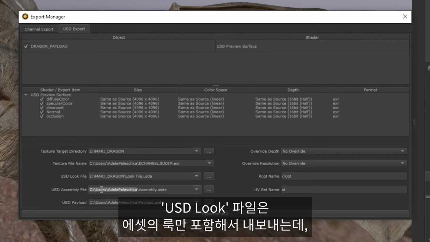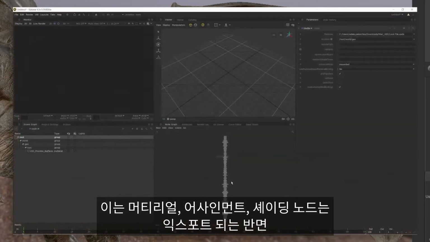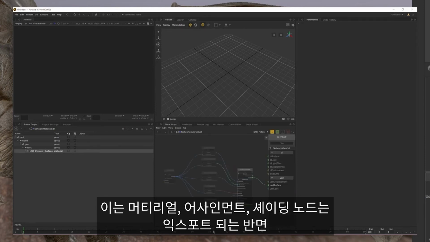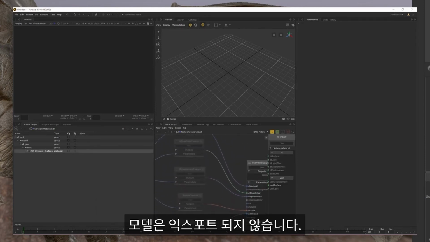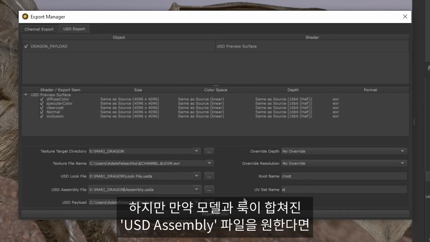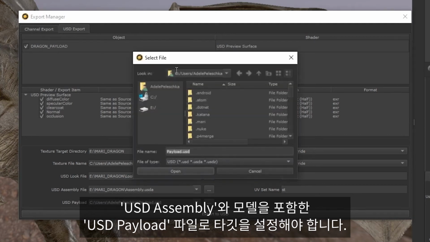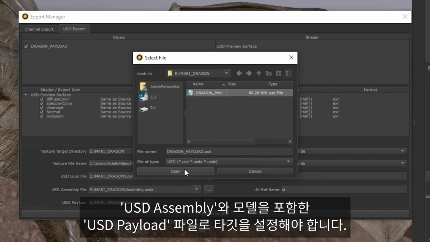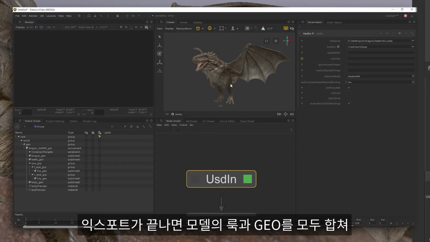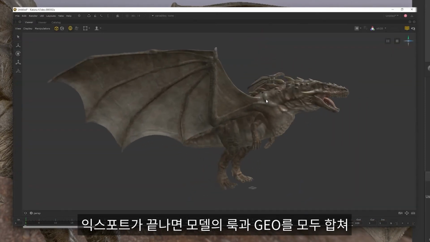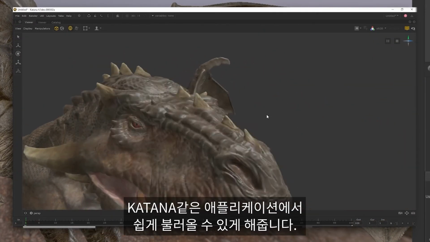The USD look file will create an export that only contains the look of your asset. This means that only your materials, assignments, and shading nodes will be exported while the model will not be. However, if you want an assembled USD file with both your model and look combined, you will need an assembly export target, as well as a payload USD file that contains your model. Once exported, Mari will have bundled the look of your model and the geo together for easy loading in applications